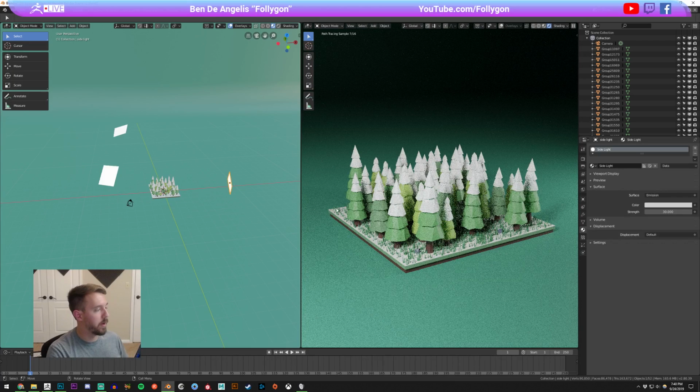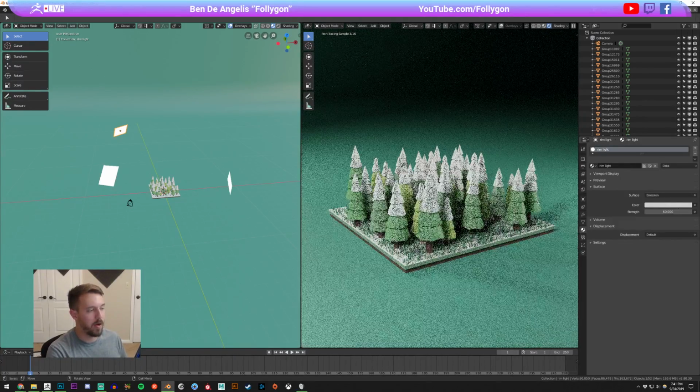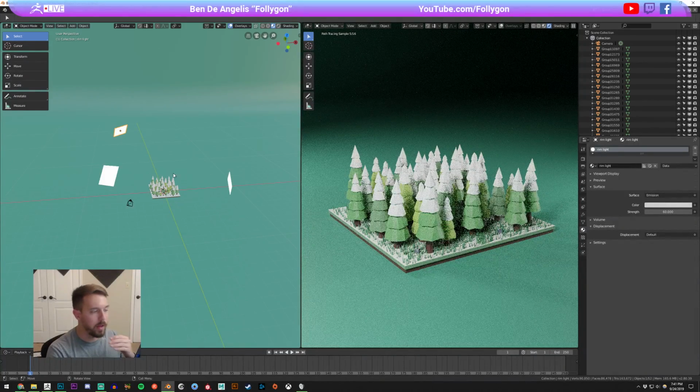And then the backlight or rim light is something that, in my personal opinion, you can do without in a lot of cases. For something like this, I think you could probably do without it. It's really nice when you're trying to light a portrait, to get a really nice rim light around your character. For this, though, I don't think it's super necessary, but I will go ahead and turn it on just so you can see how much more light we get in the scene and how well things work here